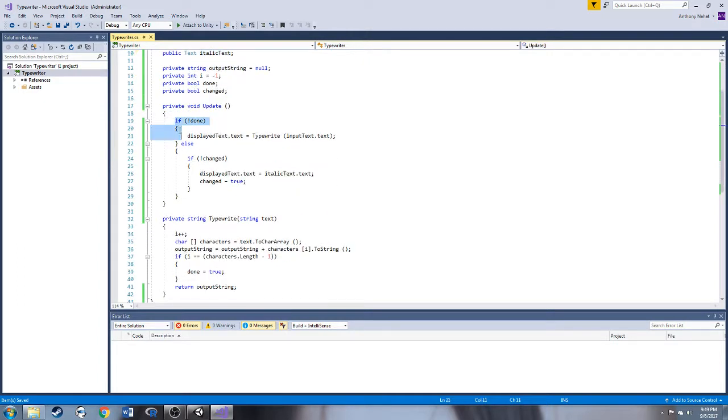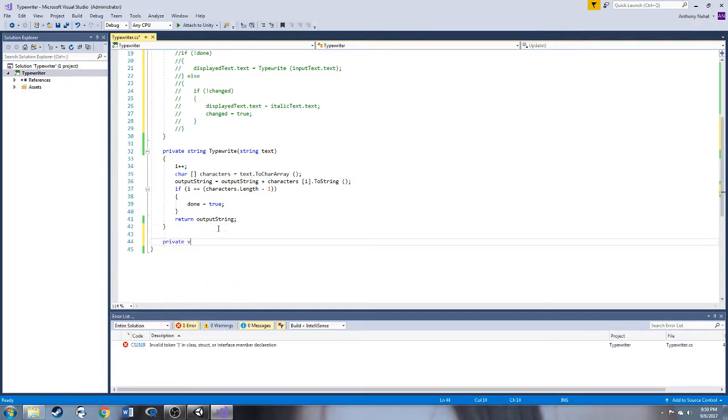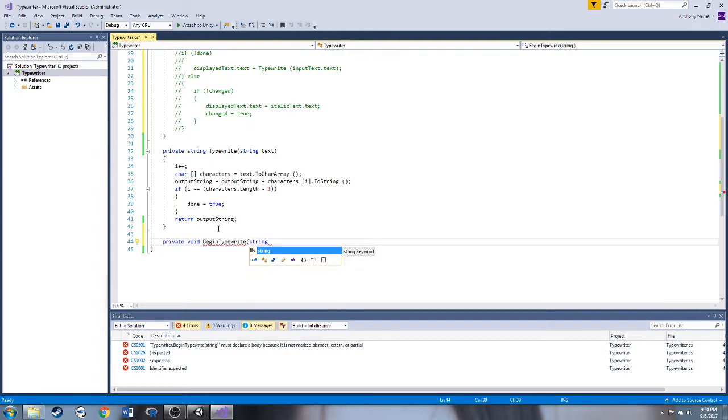So first off, we're going to highlight this, Command K C to comment this all out because we don't use this at all. And we don't have to comment this out. We're just not going to use it. So we're going to begin with a private void begin typewrite. And this is going to take in a string, call it text,